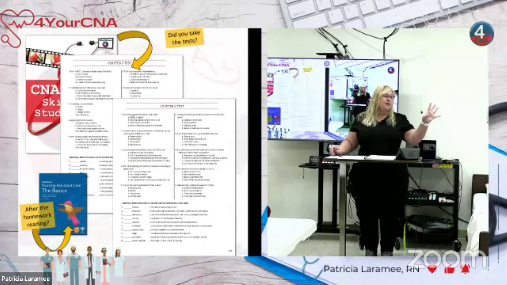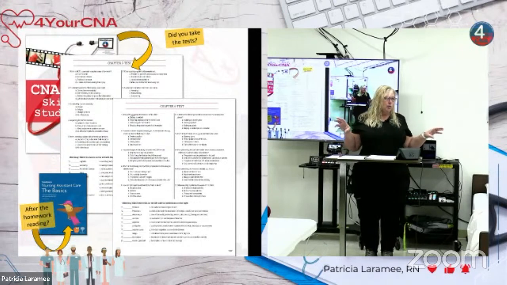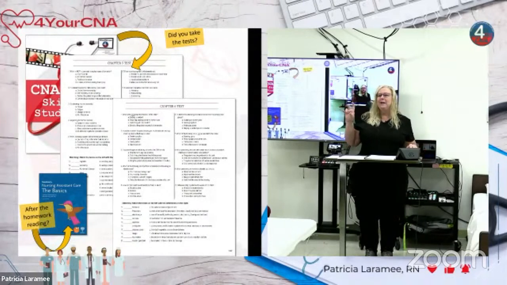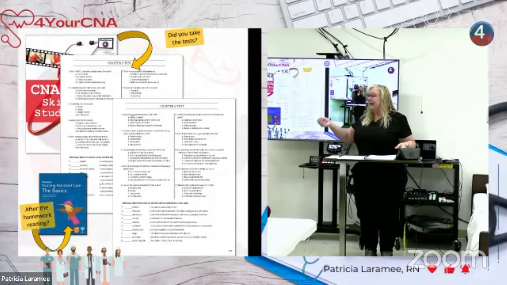So if you have QID, that meant 4 times a day. But if you had QD, it meant every. Anybody ever see a doctor write anything? Right? QID and QD looks a whole lot alike when a doctor is writing it. So we had to get rid of that QID, right? So Q in medicine now stands for every. So QD would stand for every day. QAM,